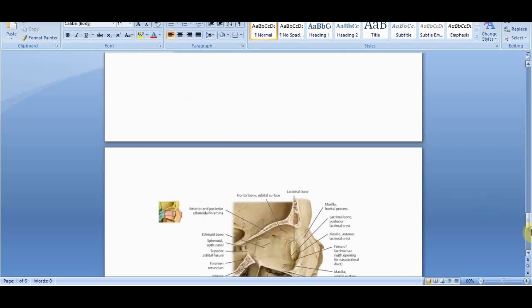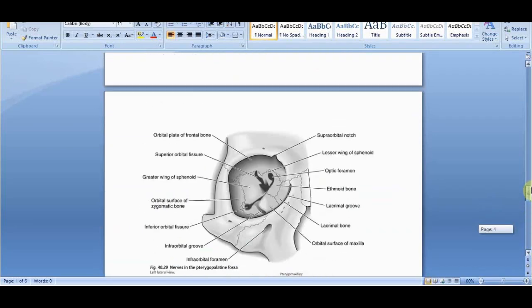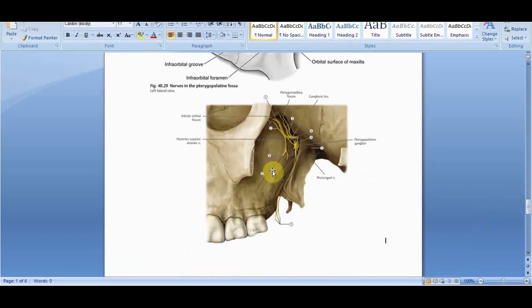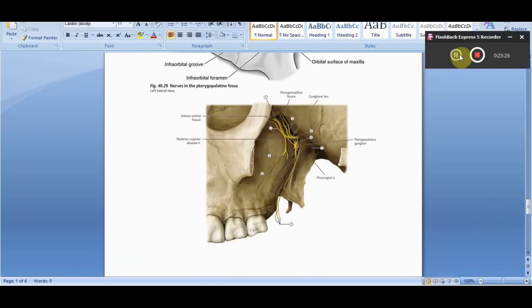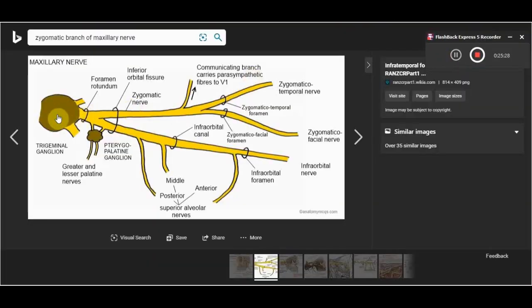Right, so posterior superior alveolar nerve. I'll show you the zygomatic nerve in another image. In this image, see, this is the trigeminal ganglia. This is its maxillary division. The ganglia is itself in the middle cranial fossa. The maxillary division enters via the foramen rotundum in the posterior wall of the pterygopalatine fossa into the fossa itself, and